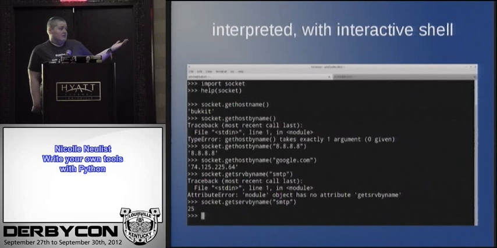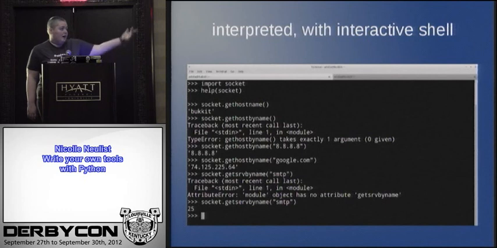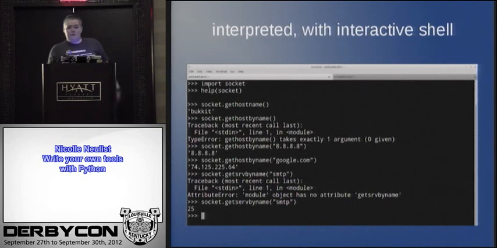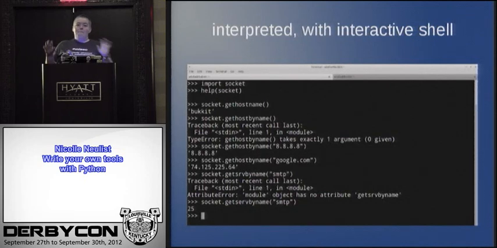So it tells me it actually needs an argument. So I throw in an IP. It's not a name, it just spits back the IP. I throw in a host name, there we go. It gives me the IP address that resolves to that. So that's just kind of an example of bumbling through it in the shell. And if you've been programming for a while, you know this already.